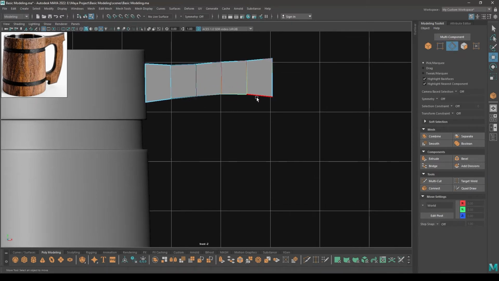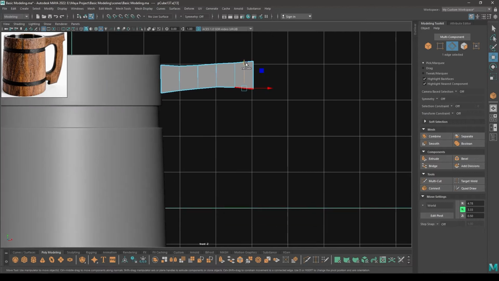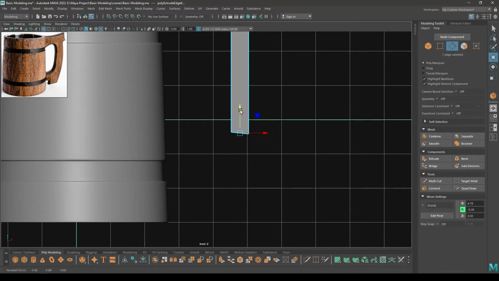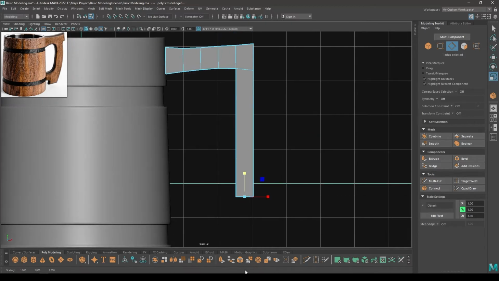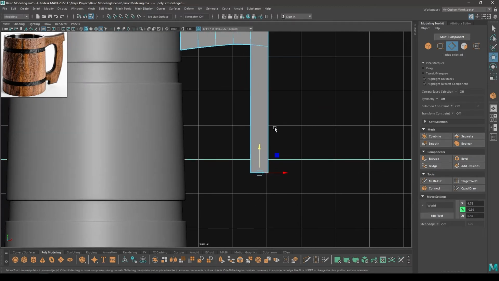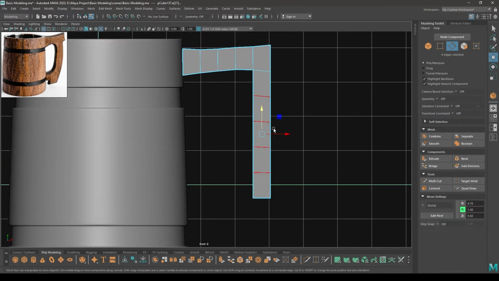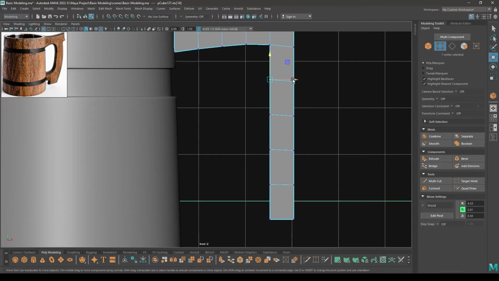Now again edge mode, select this edge, then extrude it till down here like this and scale it like this. Again select the connect tool and add some segments here. Go to vertex mode and adjust these vertices like this.